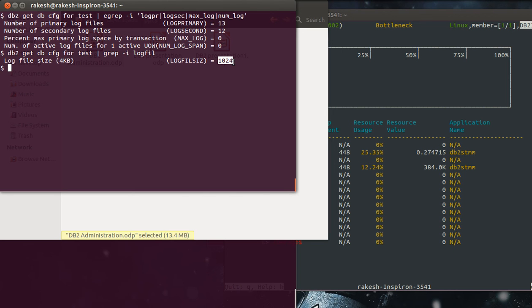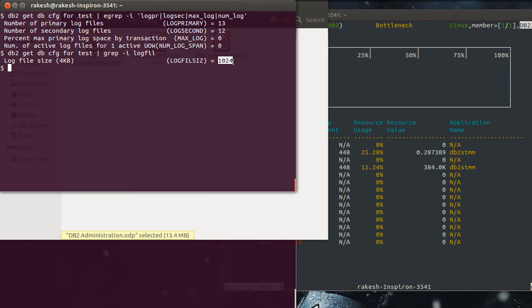In that case, if log primary is set to 100 and my max log is set to 90, a single application can consume up to 90% of the log primary. So in that case, 90 primary logs. As soon as it fills the 90th log and tries to get to the 91st log, the application will be automatically killed